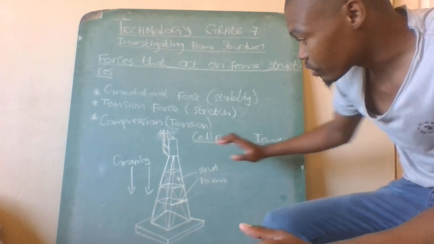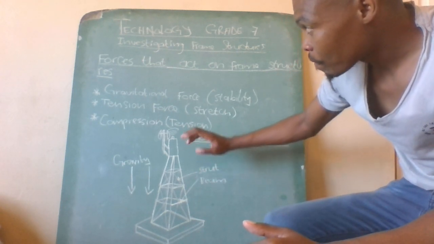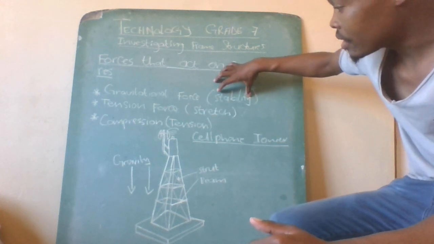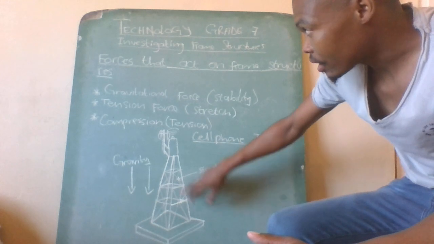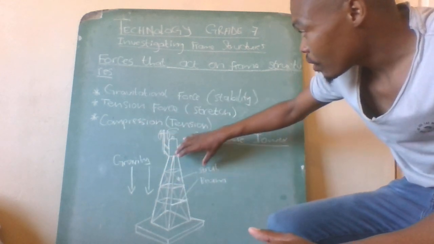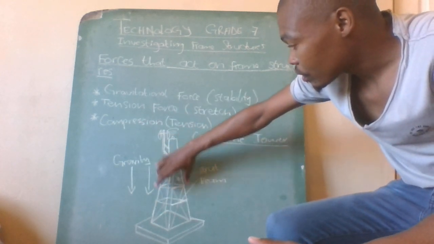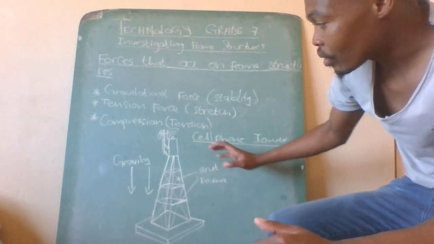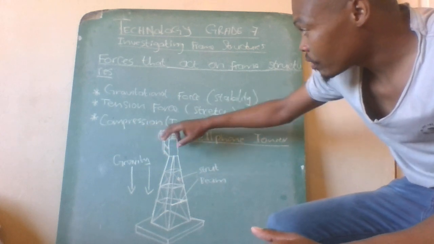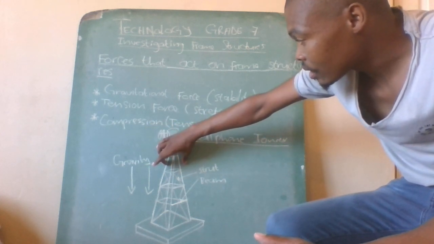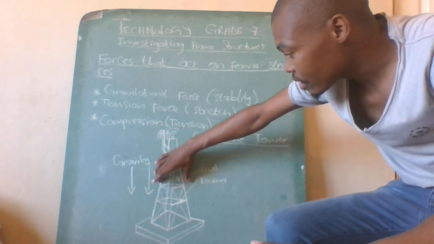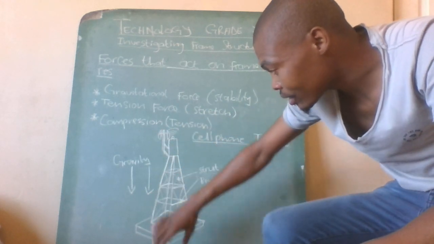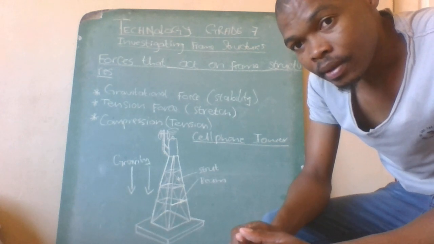So if there is pushing force, that gravitational force will help to stabilize the structure. The tension force will help to widen the gap so that the structure is not easily collapsed. The compression force will help to compress this part so as to reduce the mass going down, to distribute the mass equally going down. That is the lesson